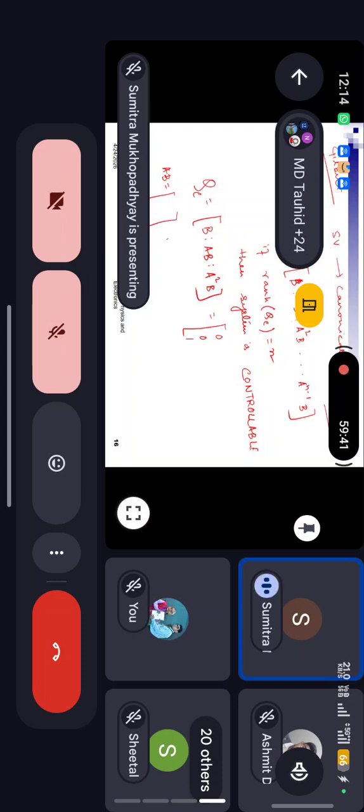এটা কি হবে? AB আর A square B টা কত হবে আমাকে বলো। বেশি দূর আমি এগোইনি। What is AB? একটু বলো প্রত্যেকে।